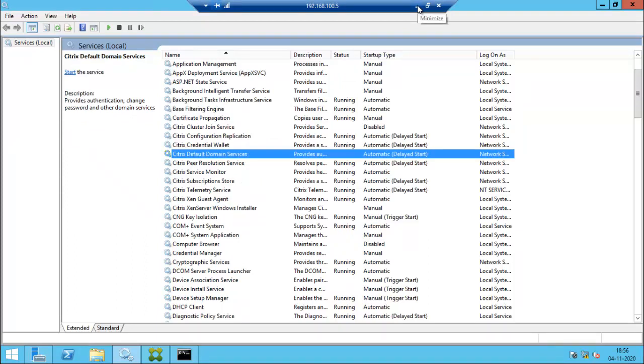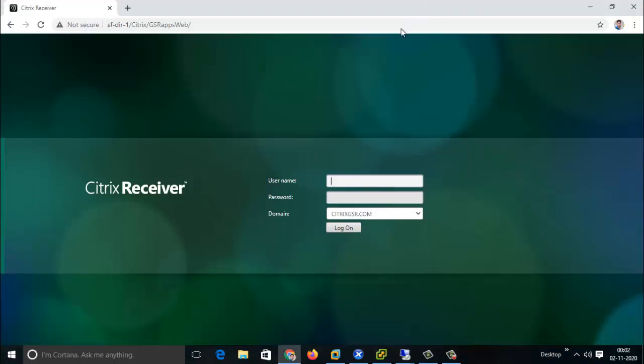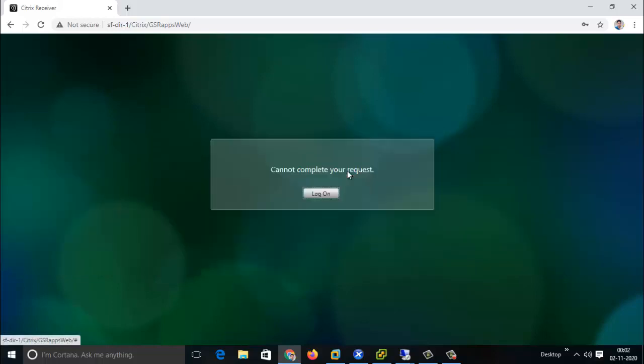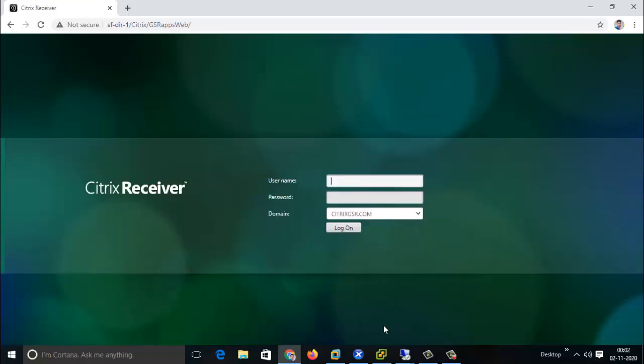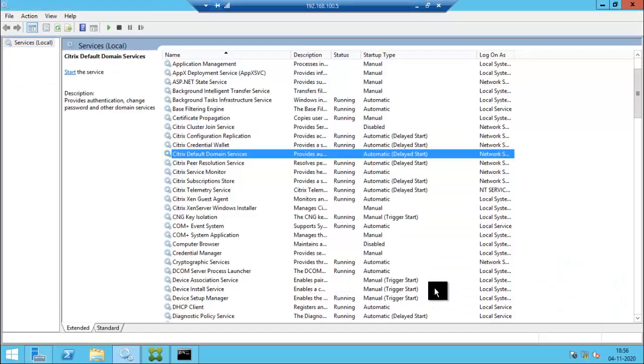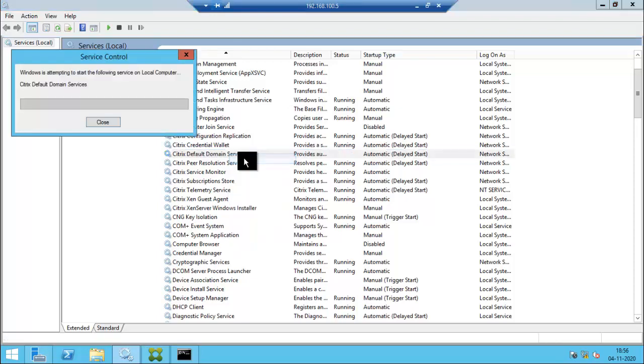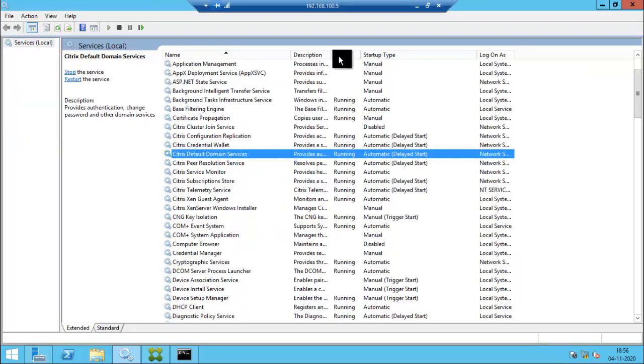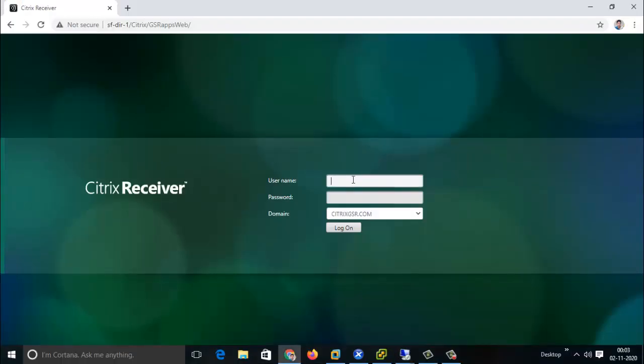We'll see what error message we get when the default domain service is not running on the StoreFront. If both services are running fine, then only user authentication will be validated. Again we are getting the same error message. Just start the default domain service as well. Now you can go to the StoreFront page.